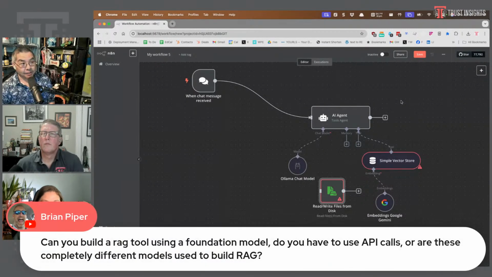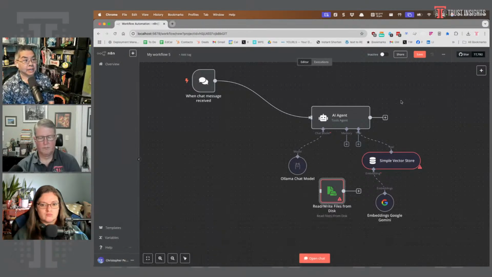You can, but the first part is going to be getting the data, building the embeddings, storing them in a vector database, and then you can use the foundation model to talk to that database. And that can be locally, that can be in the cloud, that can be a hybrid approach. But the construction of the vector database is in some ways independent of the actual use of it,